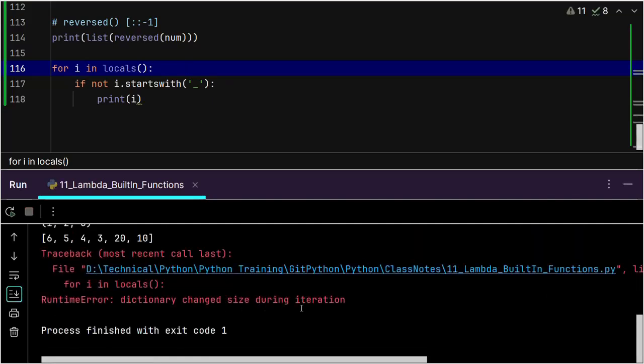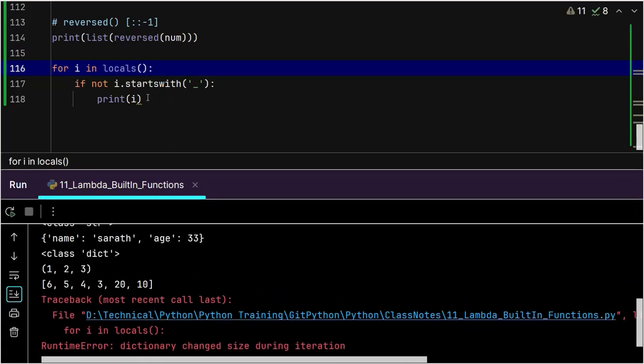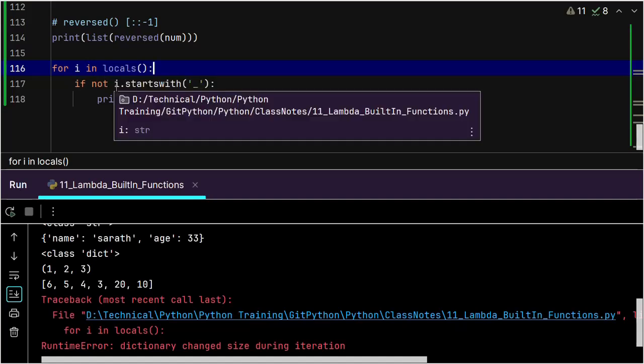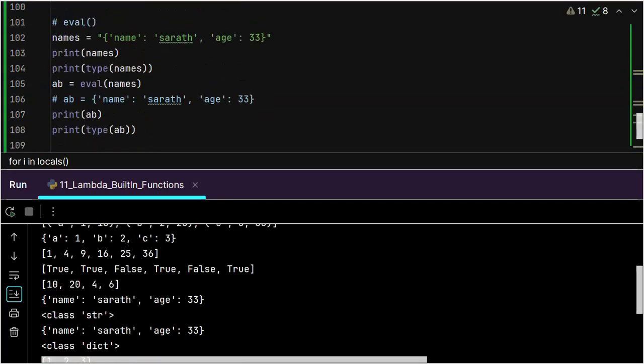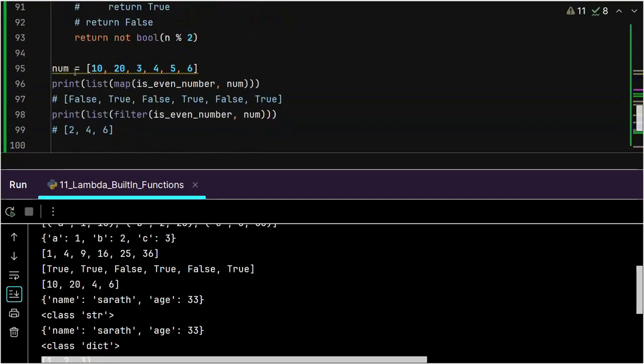Dictionary changed size during iteration. Okay, during iteration it is changed. Why is it changed? What are these locals actually? Local variables basically. We don't use them in real time, but whatever variables we are using,